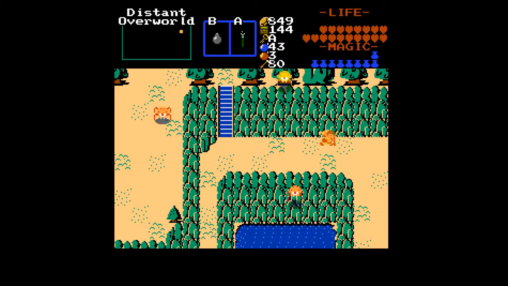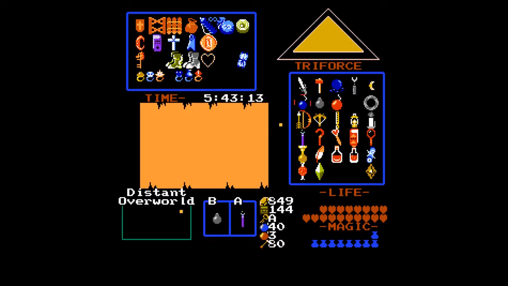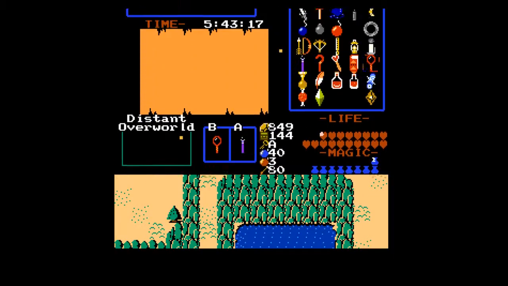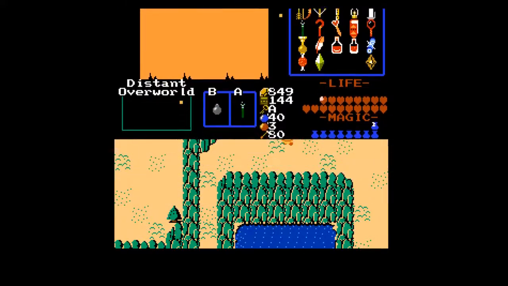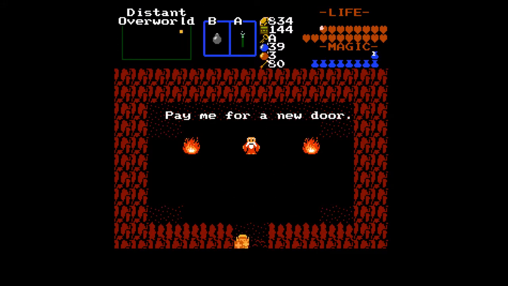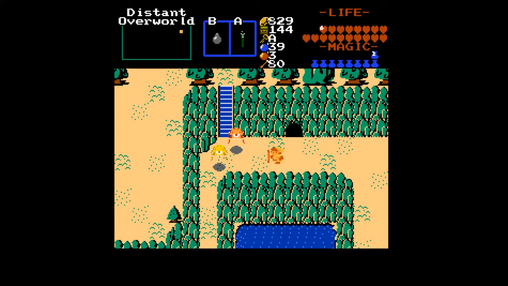And I know there's a bomb ball wall here somewhere. And it's going to make me use my lens, isn't it? And I don't know how I missed that. And yeah, it's a door repair charge, but...